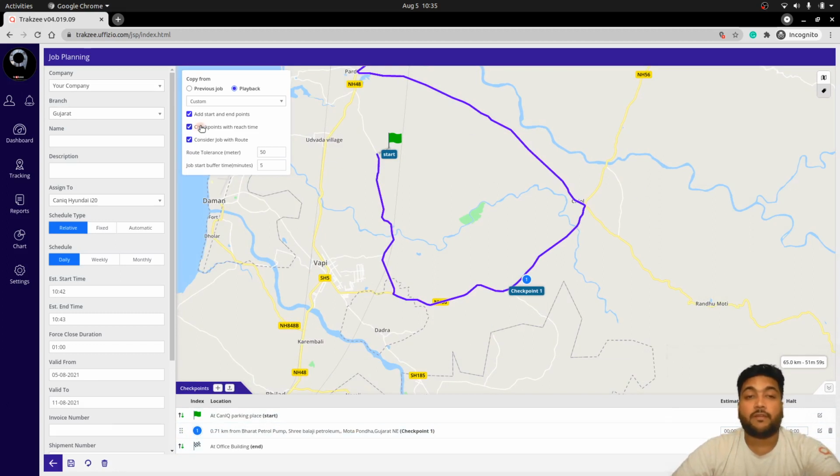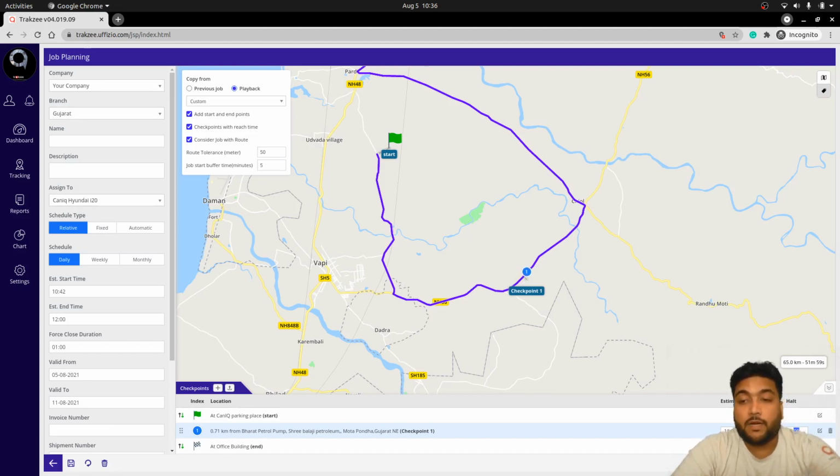So based on the selections and a configuration checkmark of checkpoint with read time, here you can mention the timing as well. So based on the selections of estimated date and time, in case you have configured the job for a 1 hour job, accordingly you can just mention the estimated read time, which can be at 11 a.m. Likewise you can enter the estimated read time, and in case you have any hold time for that particular location, specify the hold time, that the vehicle needs to be held for 2 minutes or 3 minutes, then that can be configured as well.